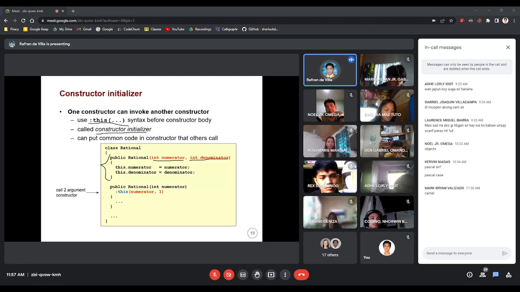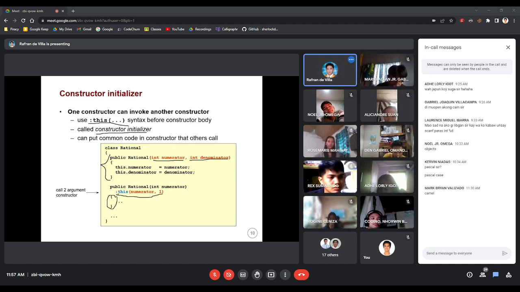When you implement the next constructor, before the constructor body, which is defined by this open-close statement block, you put that constructor initializer by using the keyword this and the colon symbol. You can call that constructor even before calling